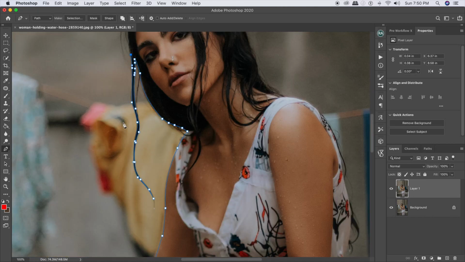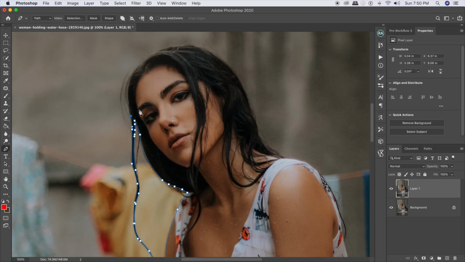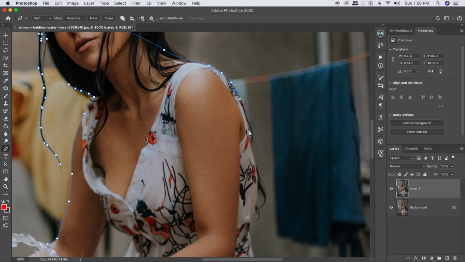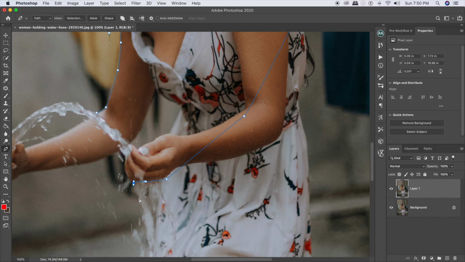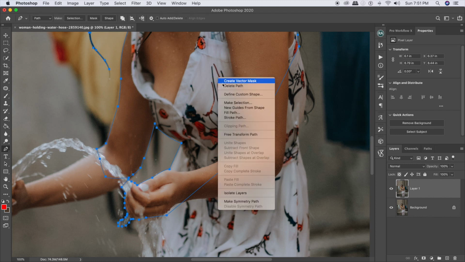Now this should be enough because we want to remove the clothes from the background, and here we have nothing, so there is no use of selecting the model here. What we will do is we'll just come here right away so that this part we can do the selection. We are doing this here because we have clothes in the background and we need to take it off. Now this should be enough. I'll directly come here and do selection here. Now I'll just bring this point here and close the selection.